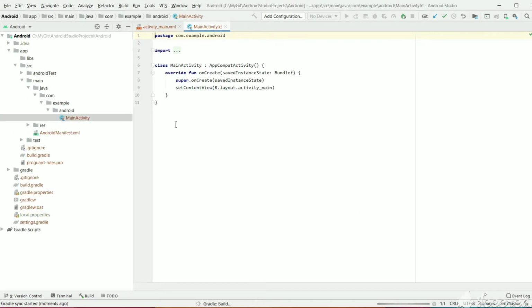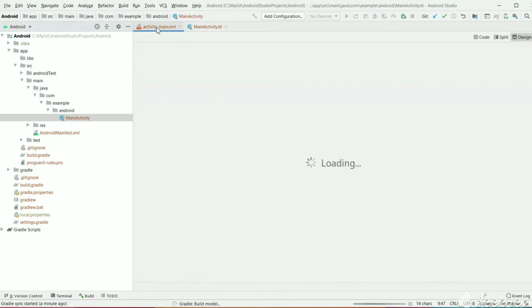So now we have created a simple Android project, and these two are the main files in this project, where we will see the UI after opening an Android app. This is the main activity. An Android app is comprised of many activities, and each activity is linked to a layout file where we will see the UI design. So this activity is linked to this layout file, activity main. So that is this one, activity main.